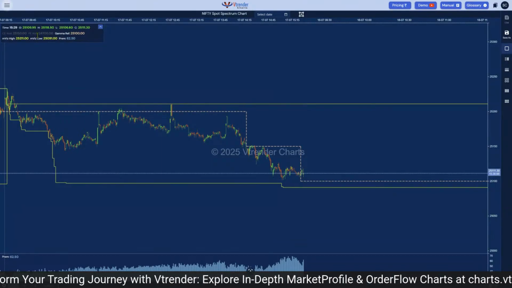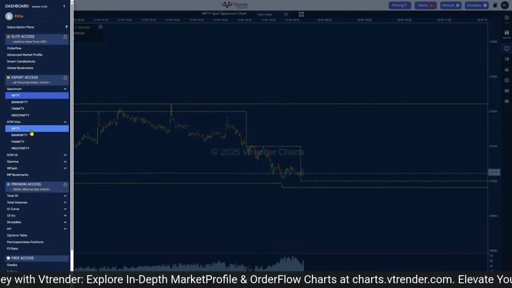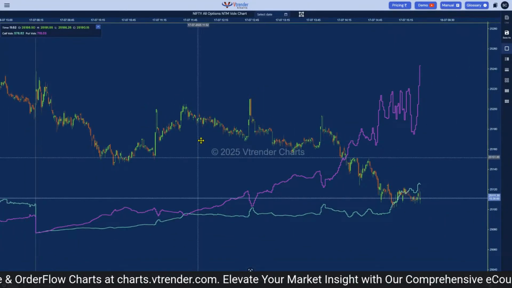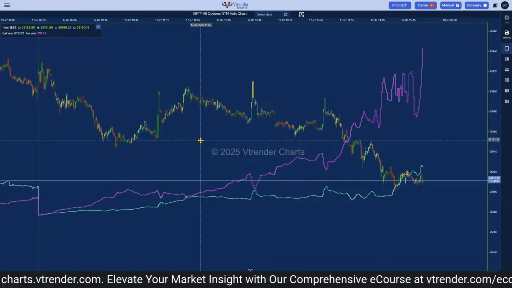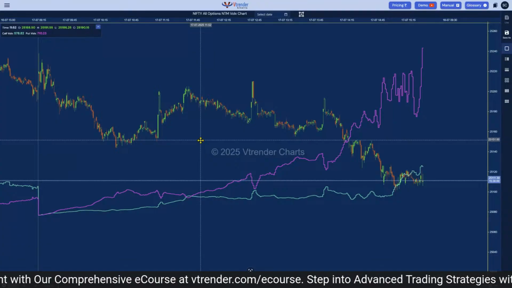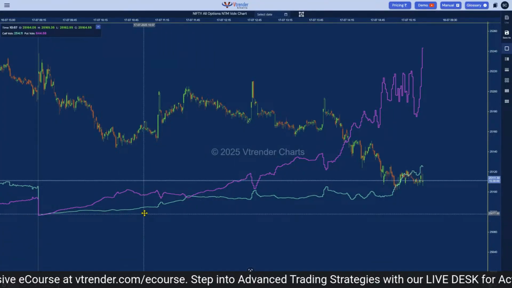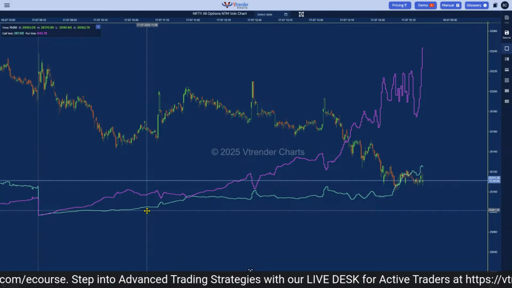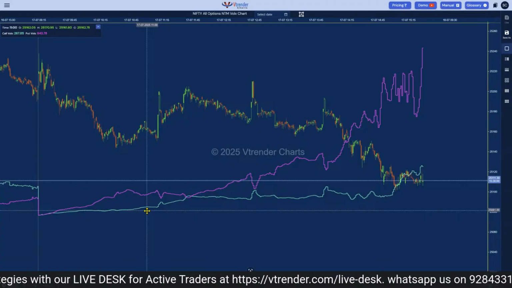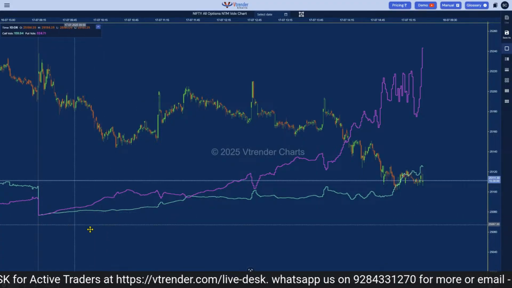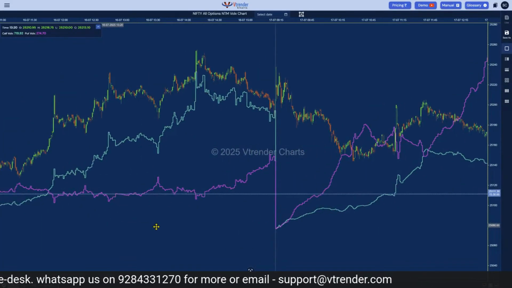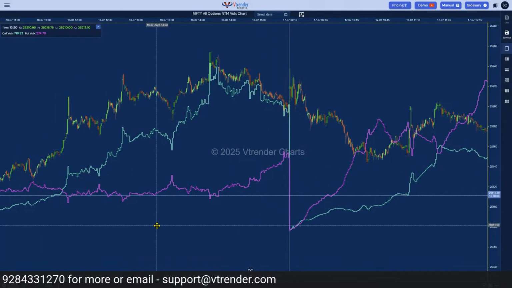And then we have the NTM charts, also the volume change charts, the NTM Volex charts, which again tell you the options position. This is the NTM Volex chart for the day. Very simple and very powerful tool. Simple to understand, but very complex in its working. But it tells you which side you have to be in. Purple above blue will tell you that it is a sell side bias in the market, and you've got to take a bearish view in the market, right? And the opposite is that the blue over purple will tell you that the market is now bullish, and gives you an idea that you have to establish positions on the bull side.